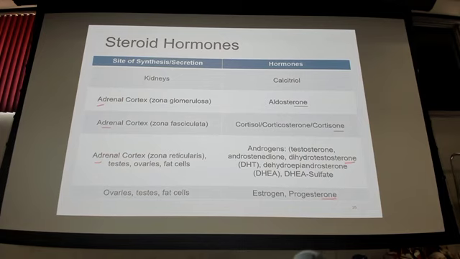This one right here, this cortisol box, these are all synonyms for cortisol: cortisone, corticosterone. Why? Don't ask me why. It's just the way it is, right? It's the vernacular of the medical language. It's a new language that you're all learning, and unfortunately, three different names for the same thing is part of it, okay?